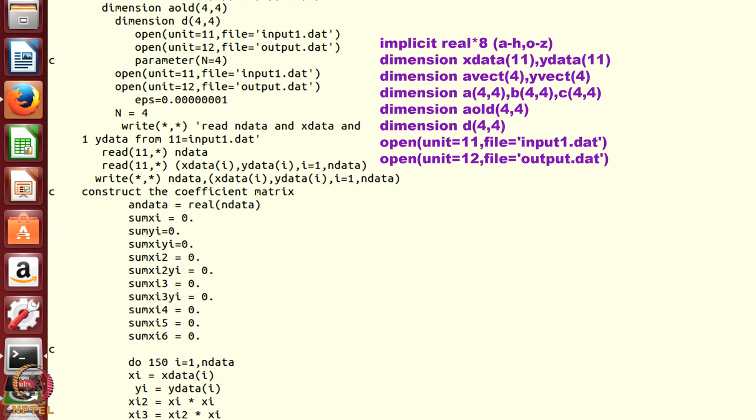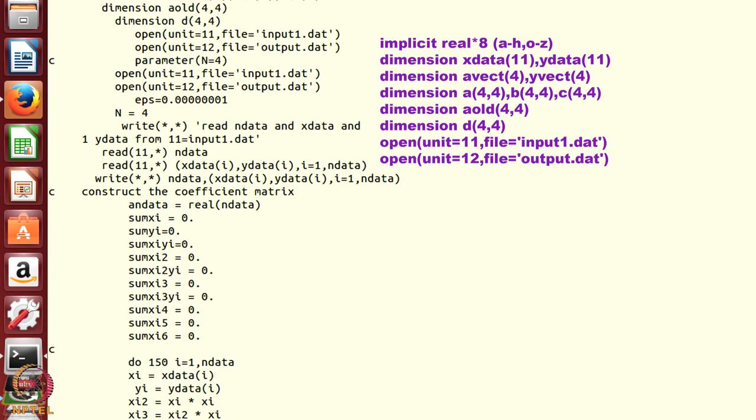Then I give a vector, my a vector a0, a1, a2, a3, 4 dimensions, and y vector also has 4 values. Then I also define several matrices A 4, B 4, 4, C 4, 4. It is always good to define a large number of matrices which could be useful. So, what is the purpose?